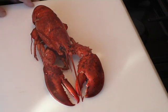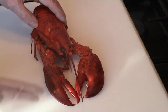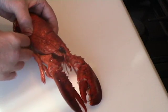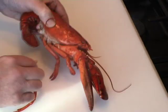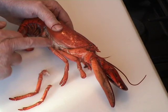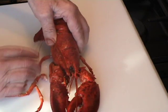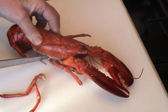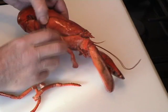Now, to prepare a lobster for cooking, which is already cooked, firstly we remove the claws and we remove the legs. Now these are fairly easy to do. You can simply twist and pull them off. However, if there is going to be damage here and you're worried that this will break, then you simply cut them off with the knife, like so. And there it is. So I continue around the lobster,